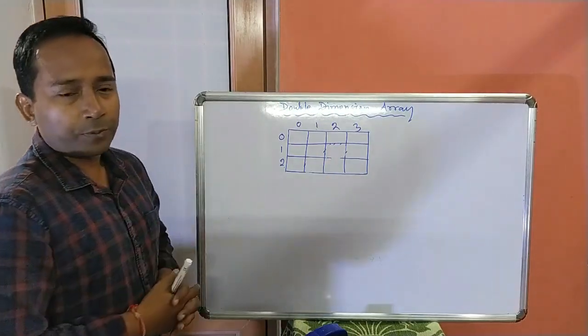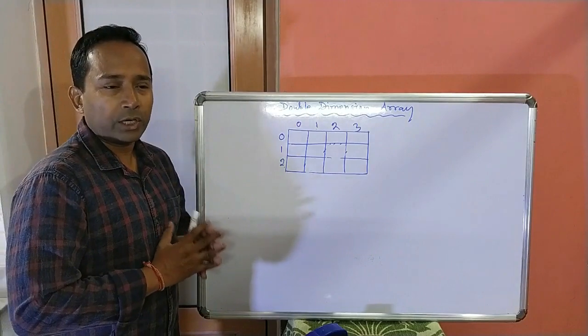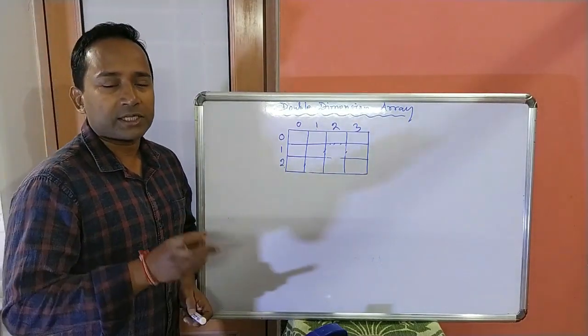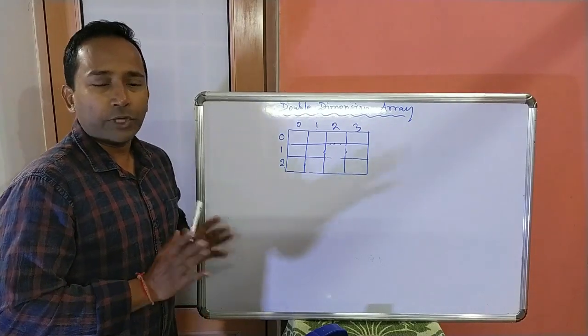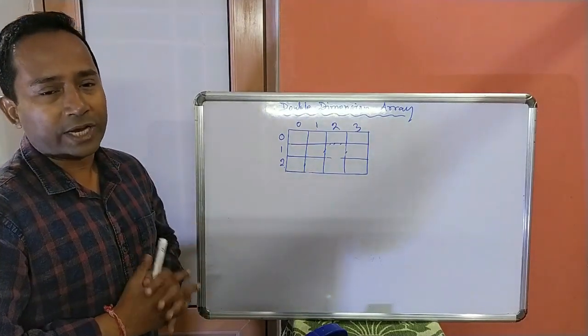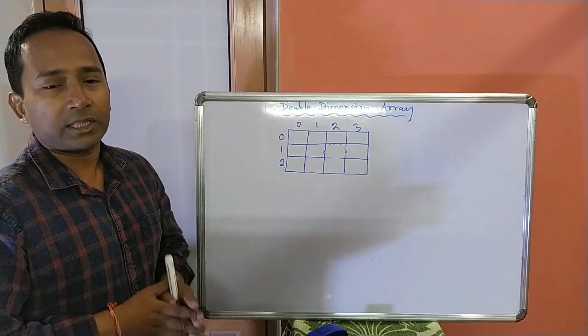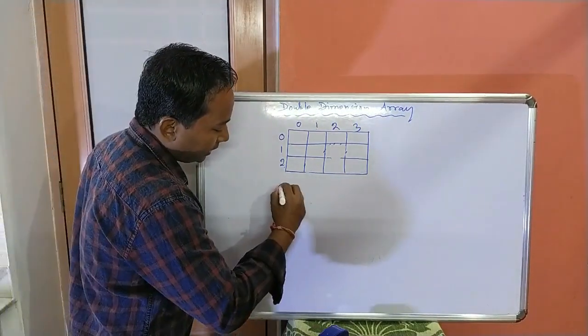Now with both these types of initialization, we know the total number of rows and columns in the array. But think about the situation where the array is passed as a parameter in a function, and we don't know how many values the user will give to that array. In that case, how will we know the total number of rows and columns in that array? We will use the length attribute.